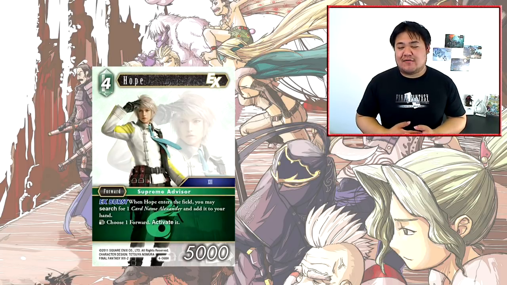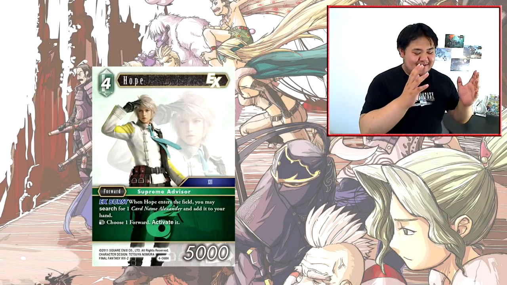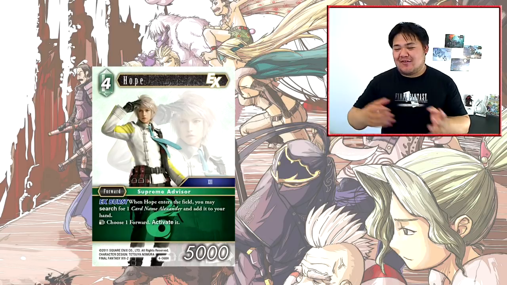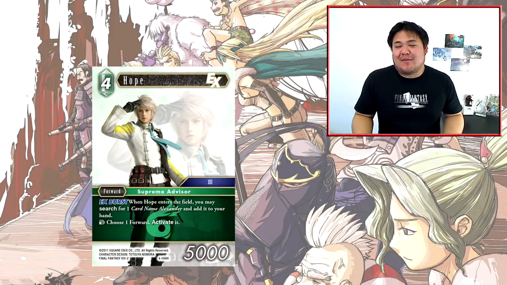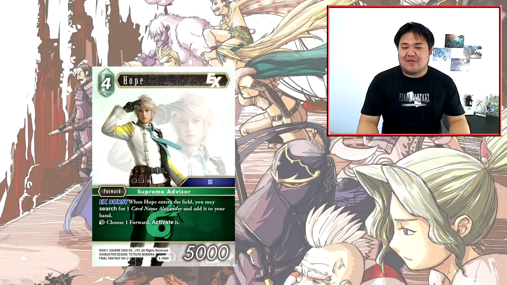The fact that he searches for an Alexander is pretty cool. A lot of times you'll be searching for the 2-cost Alexander just to kill a monster or to cycle through. But it seems like this whole Hope Alexander thing is garbage searching for other garbage. None of those guys are good on their own, and they're just searching you for more garbage. So it just gives you a whole bunch of resources, and you don't really know what to do with them